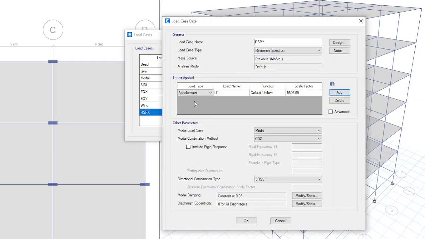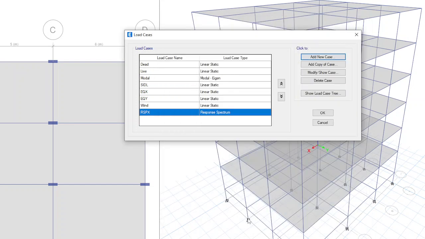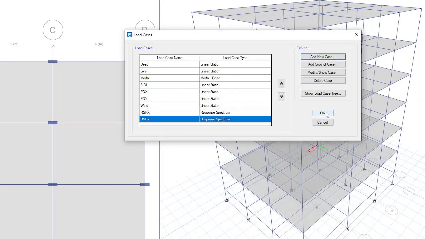Again add acceleration. Instead of U1, I'll select U2. Again function zone 2. Again click OK. So RSPX and RSPY we have defined. Click on OK.